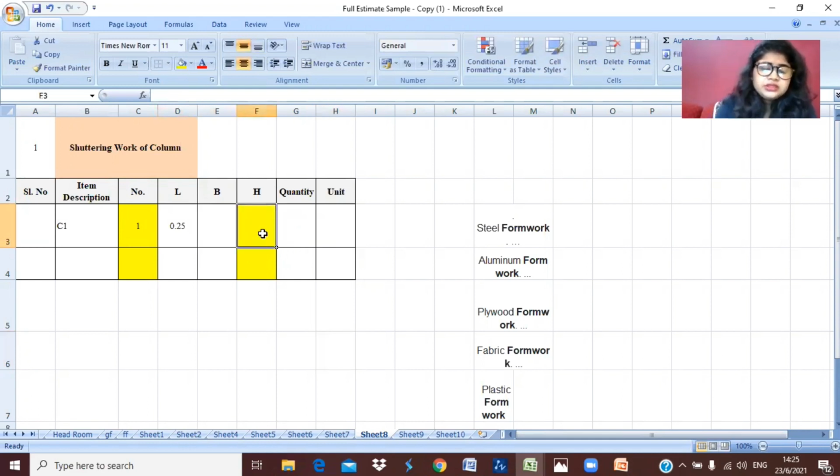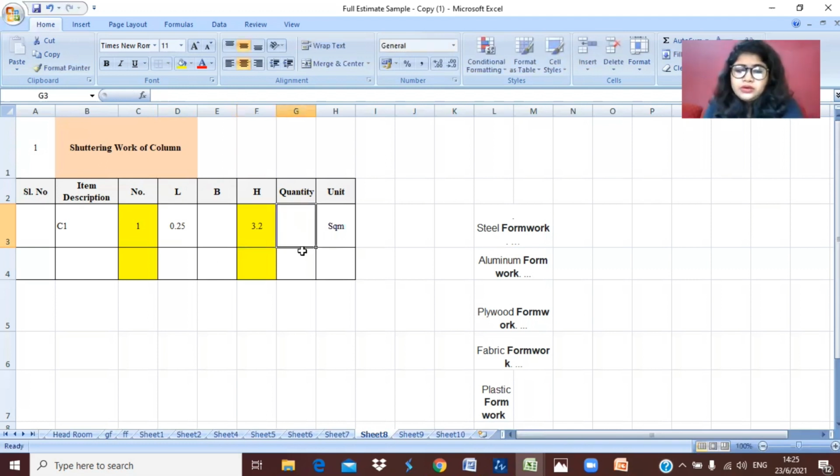For the shuttering work, we always calculate the rates in square meter, so the unit will always be square meter. Now I want the height. This building's floor to floor height is 3.2 meter, so I will write 3.2 meter here.